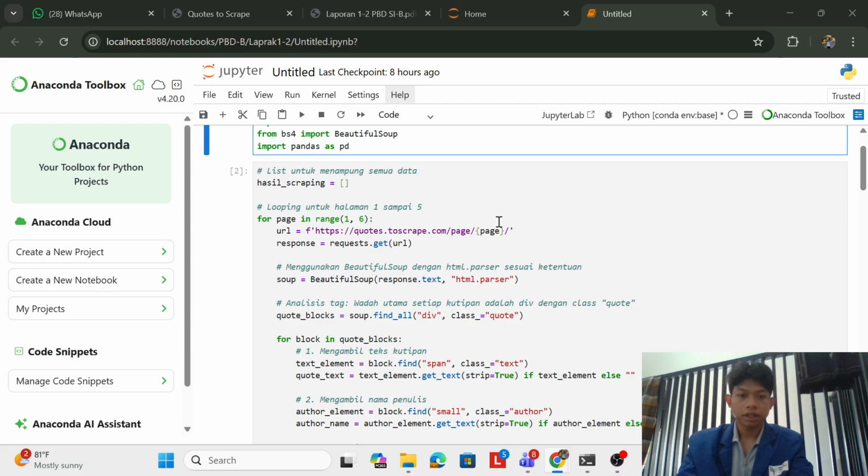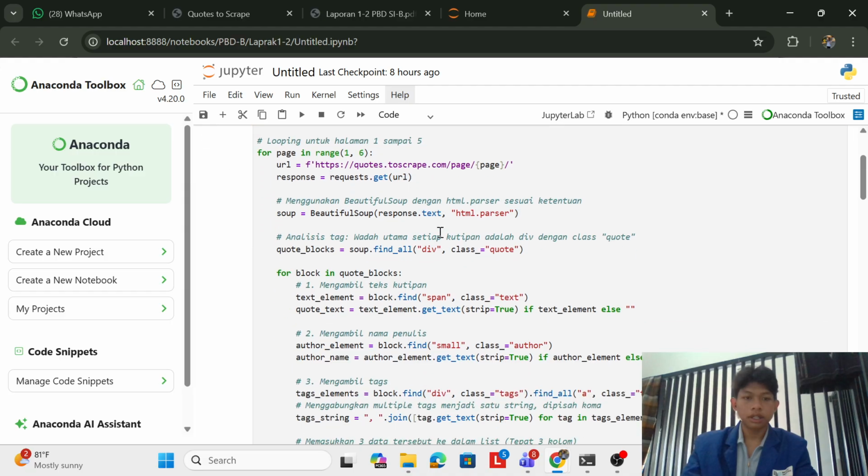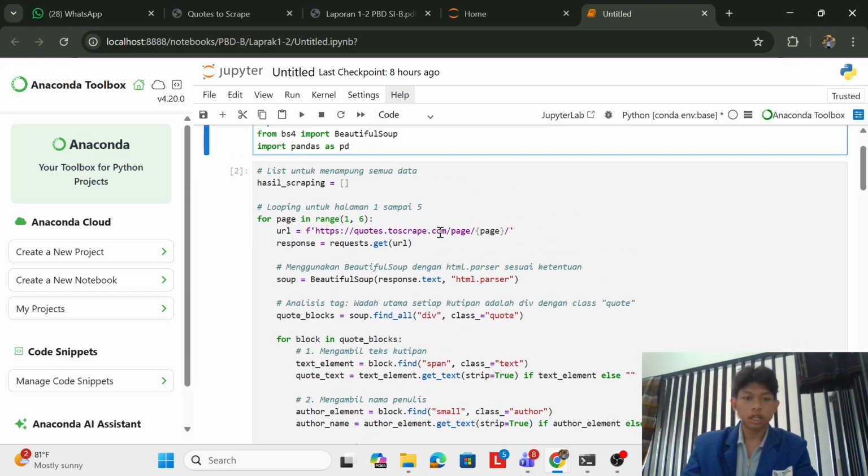Okay, next is hasil_scraping, to create an empty list to store all the scraped data, and then I use a for loop for page.